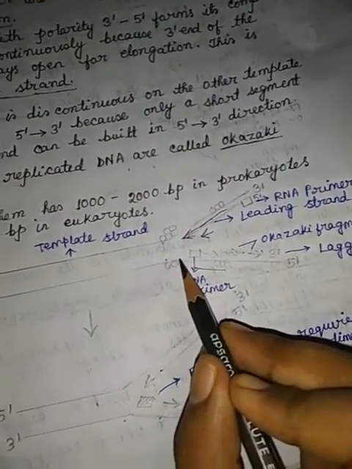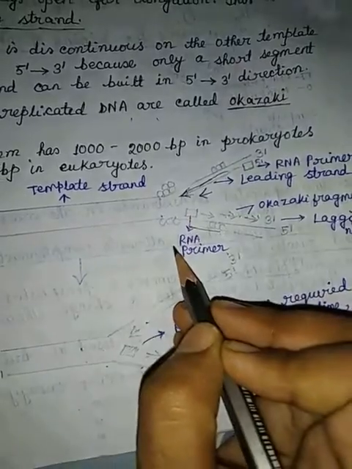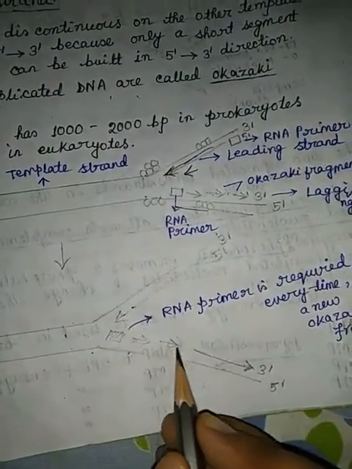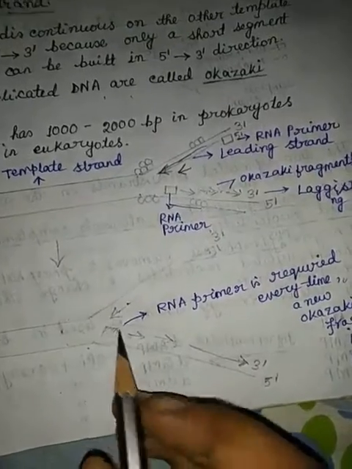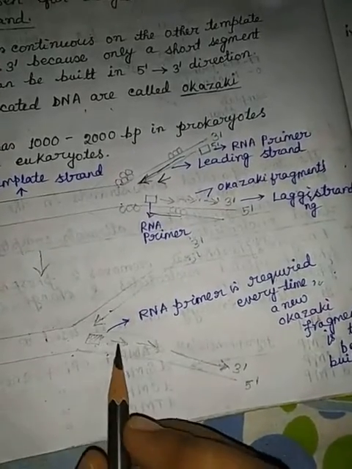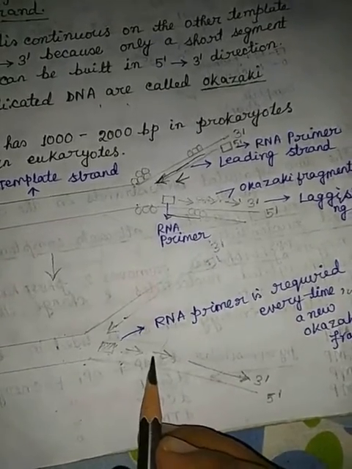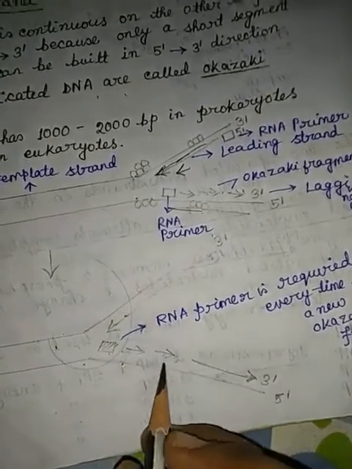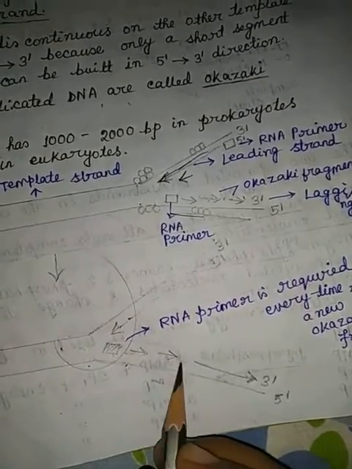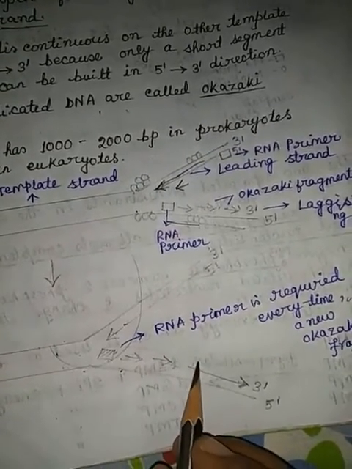But when the DNA's parental strand unwinds up to this region, again it unwinds, means here in this way if it unwinds, it means that again in this position a gap is created. So again an RNA primer is required in this position, and again it is required to synthesize the Okazaki fragments. Later these Okazaki fragments are reunited. So for that reason, in this direction the DNA synthesis occurs in a discontinuous manner in the form of small fragments. That's why it is called the lagging strand.